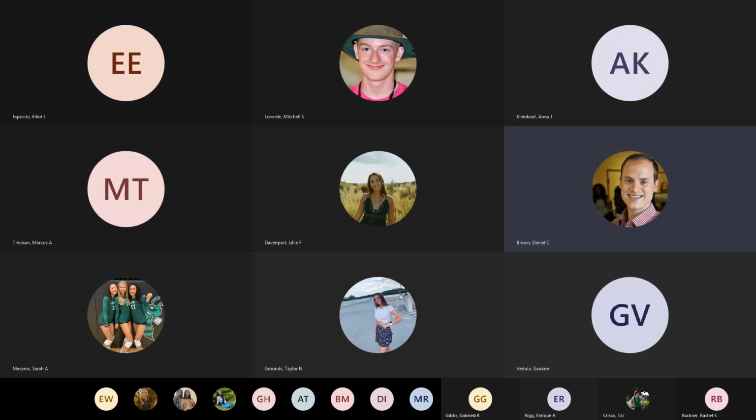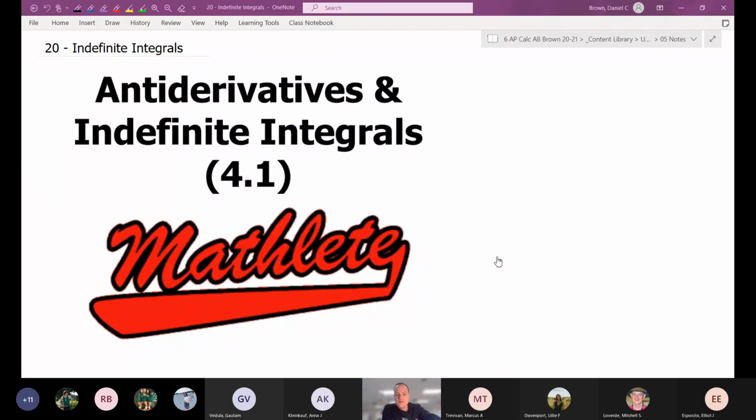Today we are going to just continue with some notes. You can see the topic up on the screen, but it's going to be called Antiderivatives and Indefinite Integrals, which I think sounds kind of scary maybe, but it's really not. It's going to be more of laying down this foundation idea of some stuff that we need to